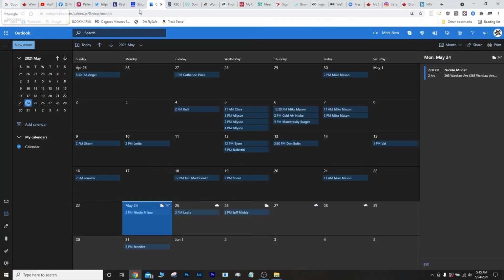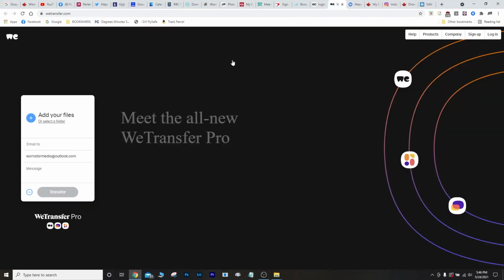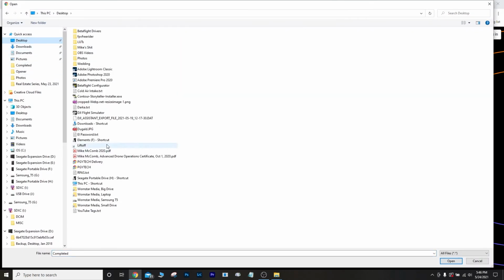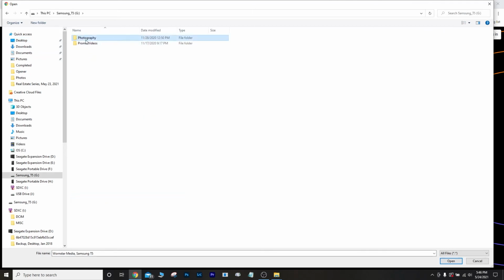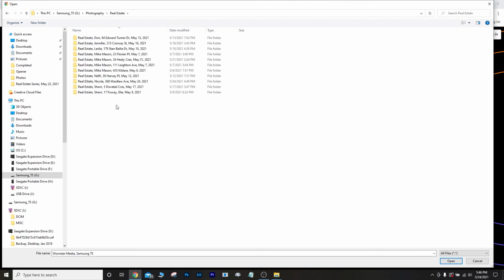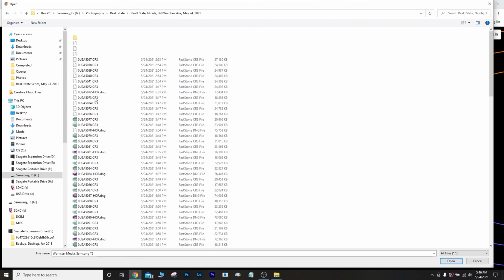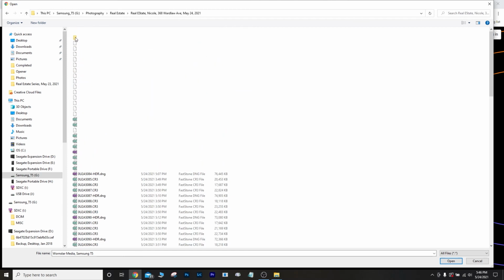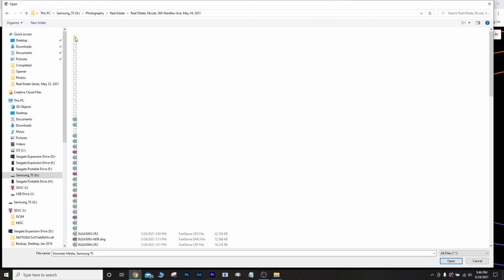I have a WeTransfer tab set up. And that's how I transfer all the information, all the multiple files. I've got to tell you, it's the simplest file transfer service that I know. People like Dropbox and stuff like that make you put another drive on your computer. This isn't like that at all. Nicole on Wardlaw, here's all the edited pictures up here. So it's just a simple matter of